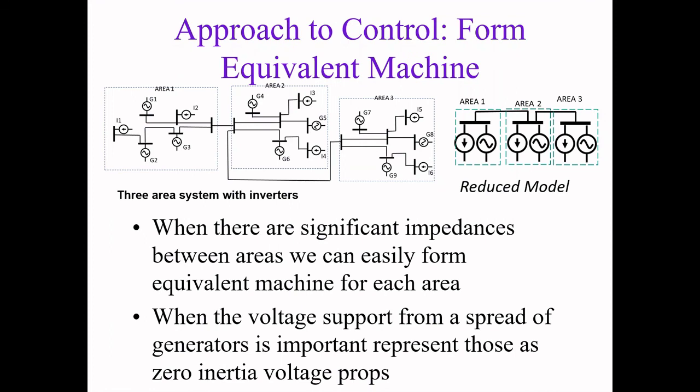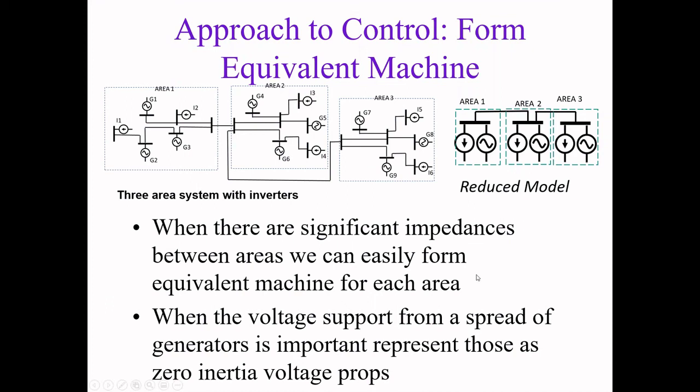And so if we had three areas, you could think of this as New South Wales, Victoria, South Australia, interconnected. The approach can be that we say, all right, to understand what's happening, let's represent it as a set of machines, an equivalent machine, an equivalent inverter representing the multiple areas. And we can then talk a little bit more easily about what inter-area oscillations happen, and what we should do with the inverters in the area to be able to